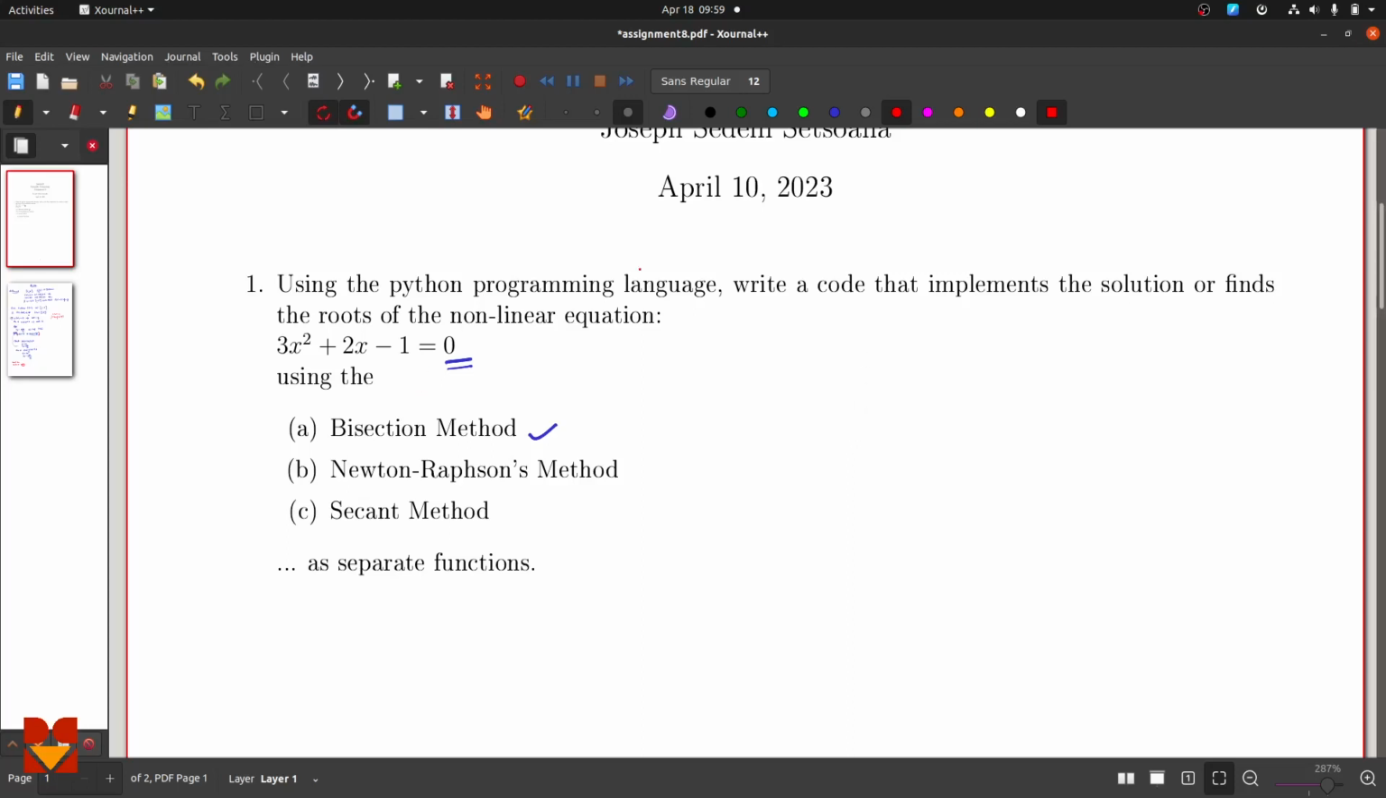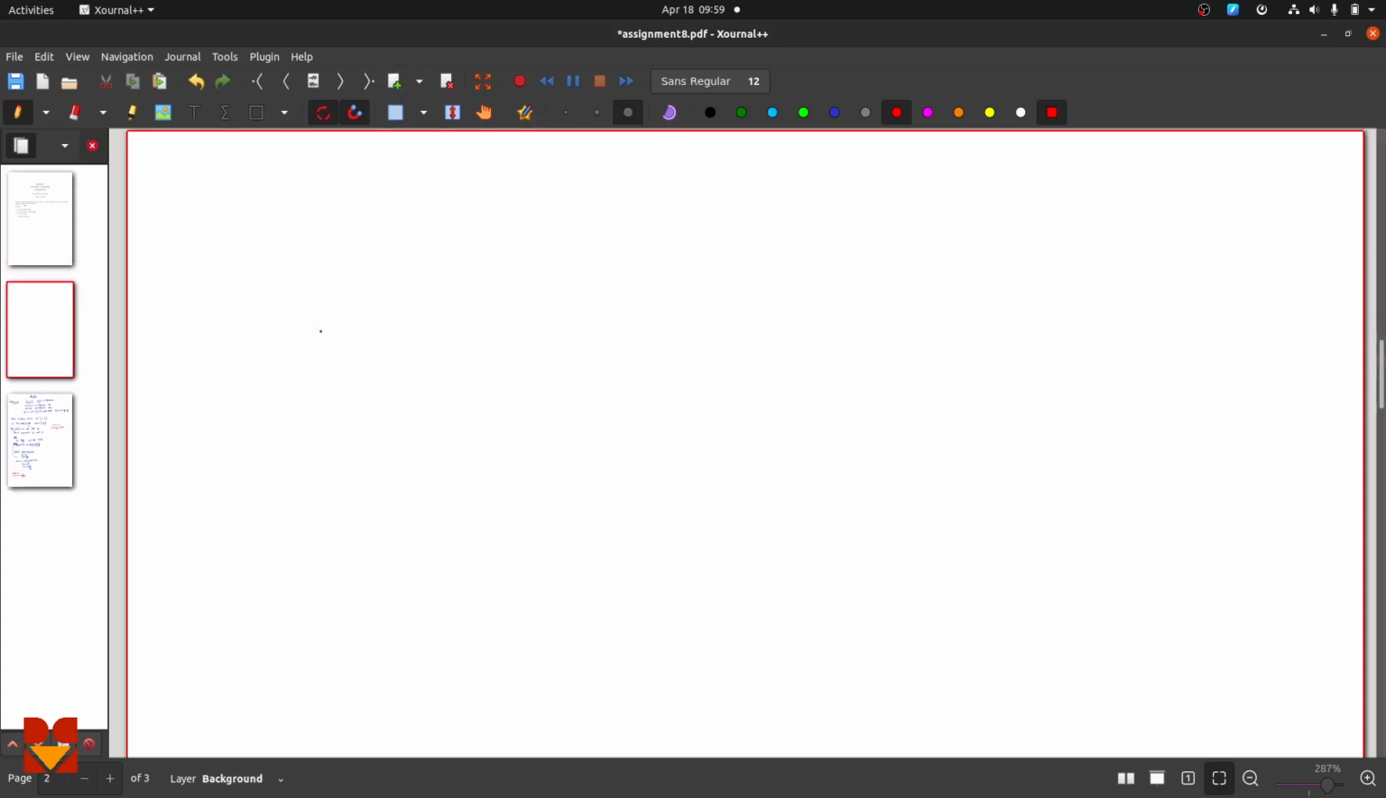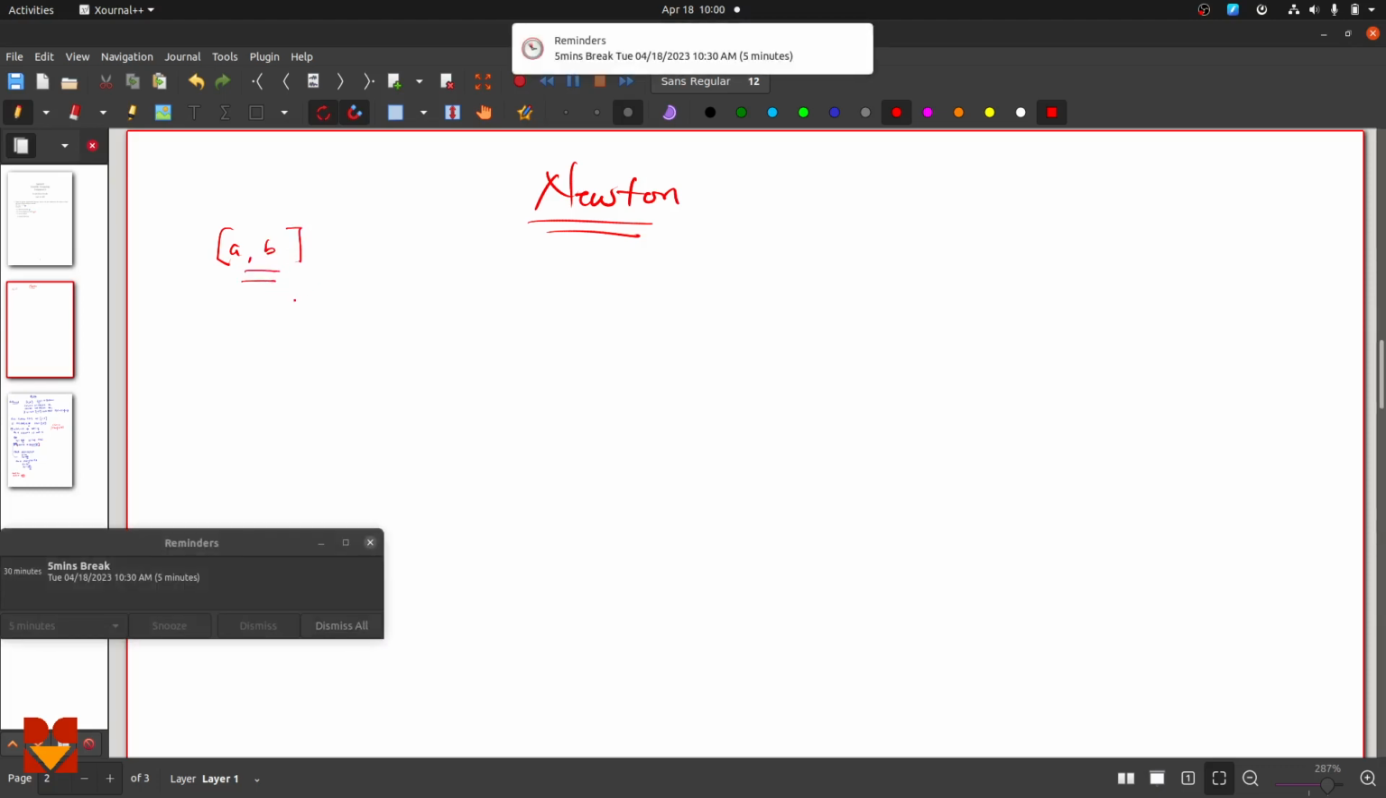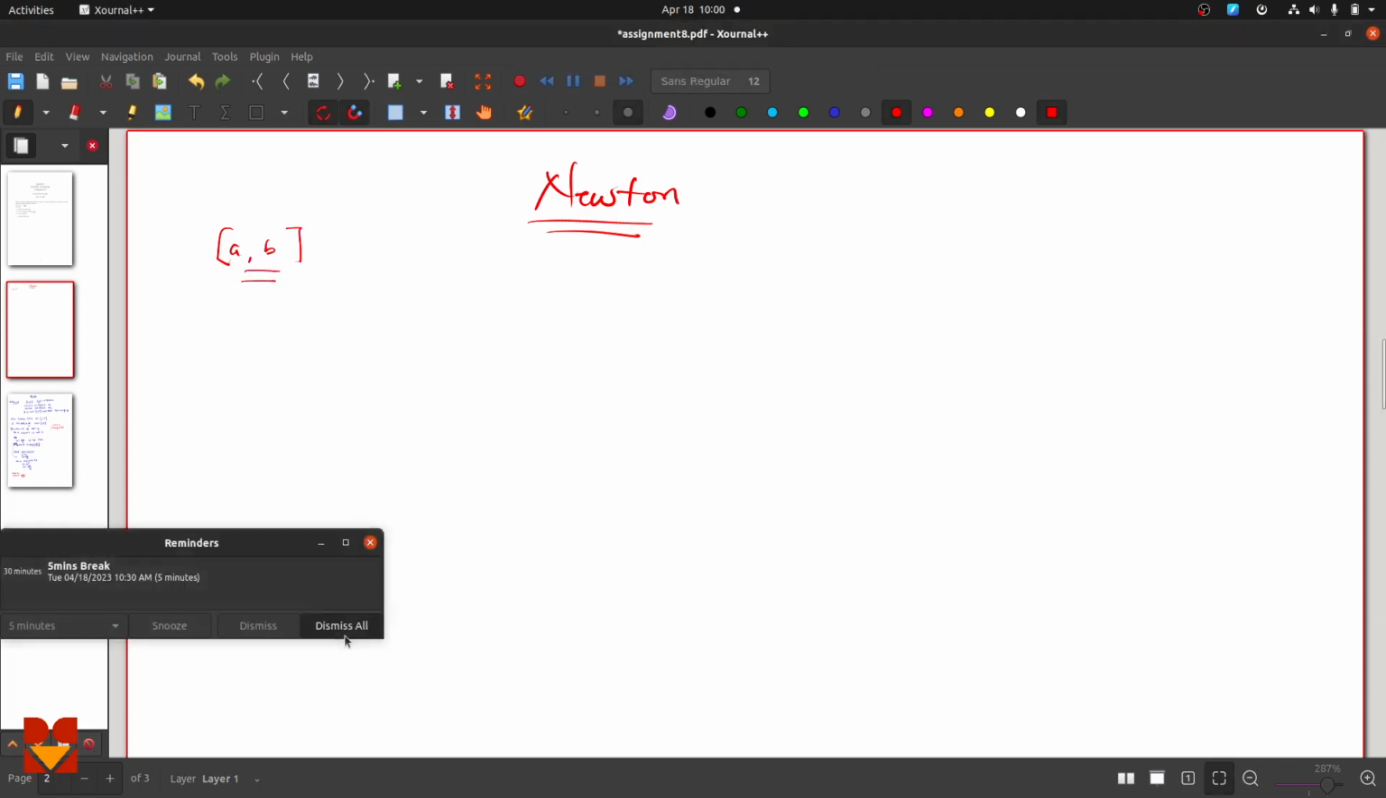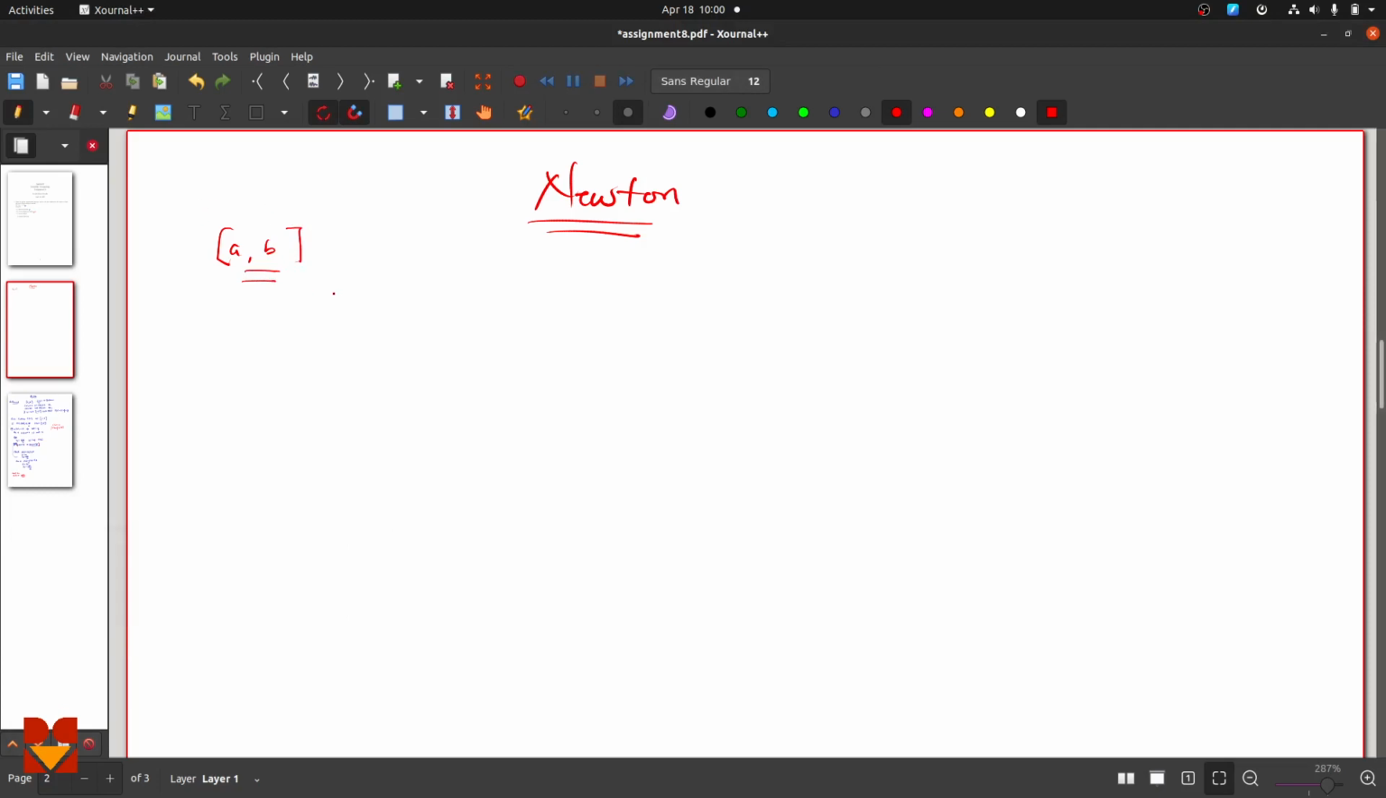Hello and welcome back. In this video, we'll look at how to use Newton-Raphson's method to solve this same equation. Newton-Raphson's method is just an improvement on the bisection method. Why? Unlike bisection, where you have to bisect or divide a certain interval several times until you zoom into the root or get a value closer to the root,